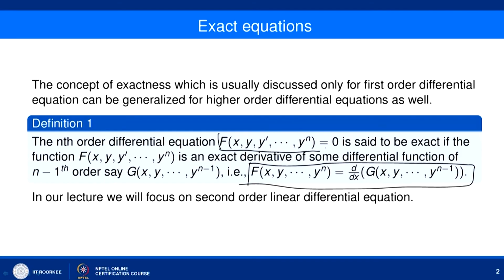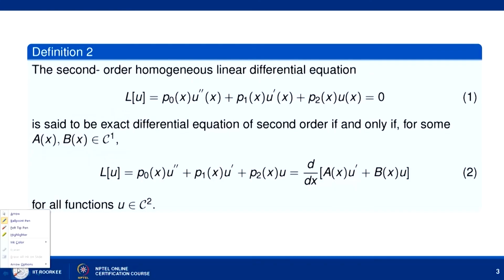And in our lectures we will discuss only second order. We can say that this is a general definition which is applicable for any order greater than or equal to 1, but in particular we will discuss only second order in this lecture. So, if we reformulate our definition for second order, we say the second order homogeneous linear differential equation Lu equal to p naught x u double dash x plus p1 x u dash x plus p2 x u x equal to 0, which is written in operator form as L of u equal to 0,